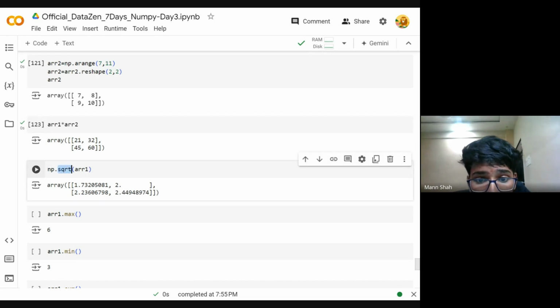नाउ एक और फंक्शन है np.sqrt, स्क्वायर रूट। जब np.sqrt हम यूज़ करते हैं तो वो क्या करता है, हर एलिमेंट जो हमने यूज़ किया है उन सबका स्क्वायर रूट एक नए एरे में भर देता है। तो इसको जब मैं रन करूँगा तो यू कैन सी हमारे पास ये सब आंसर आ... एक मिनट, हाँ रुको, मैं यहाँ पे एक नया एरे क्रिएट करता हूँ।